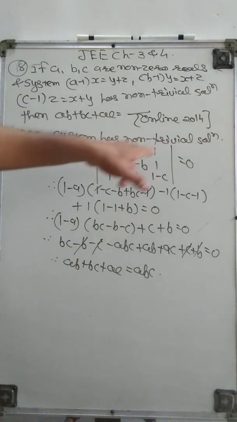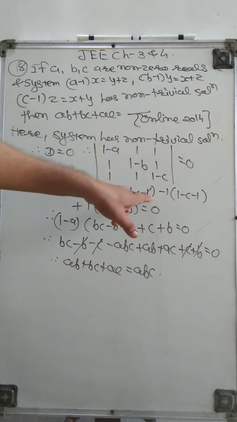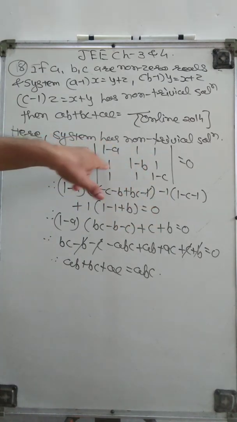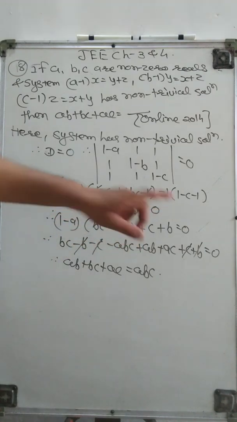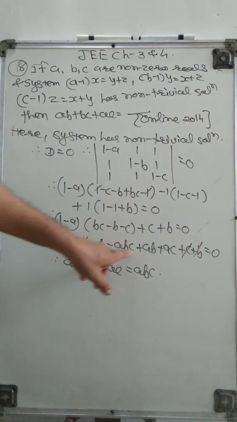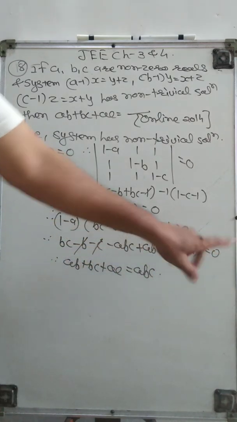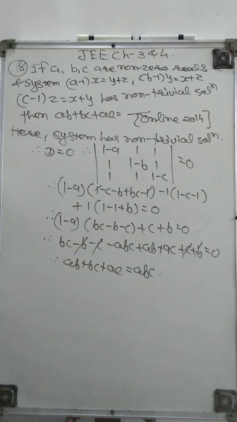1 minus a multiplied with this, 2 and 1 means minus 1, minus 1, then 1 minus c minus 1 plus 1 into 1 minus 1 plus b equal to 0. If you simplify, then b and c are cancelled, and here bc minus abc plus ab plus ac is equal to 0, means ab plus bc plus ac equal to abc. So here our answer is abc. This is also a good sum and an easy sum. Okay, now we go for the next